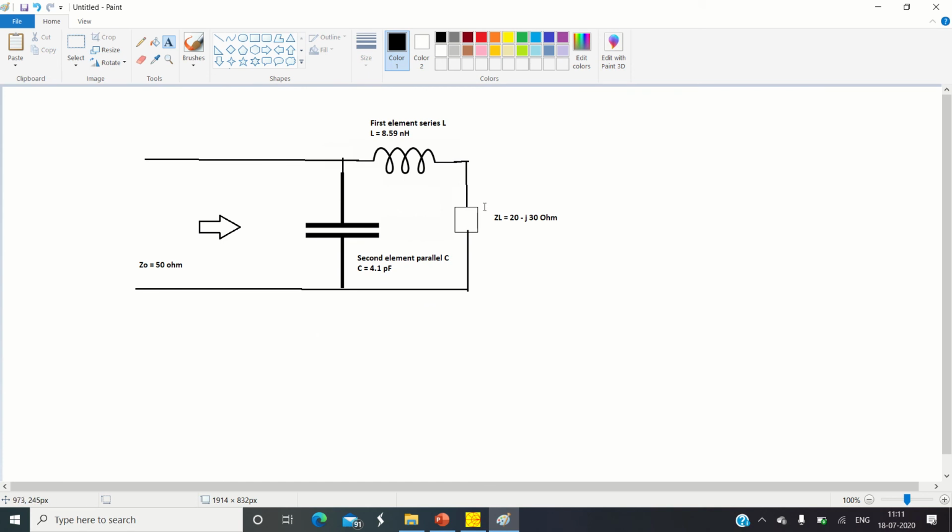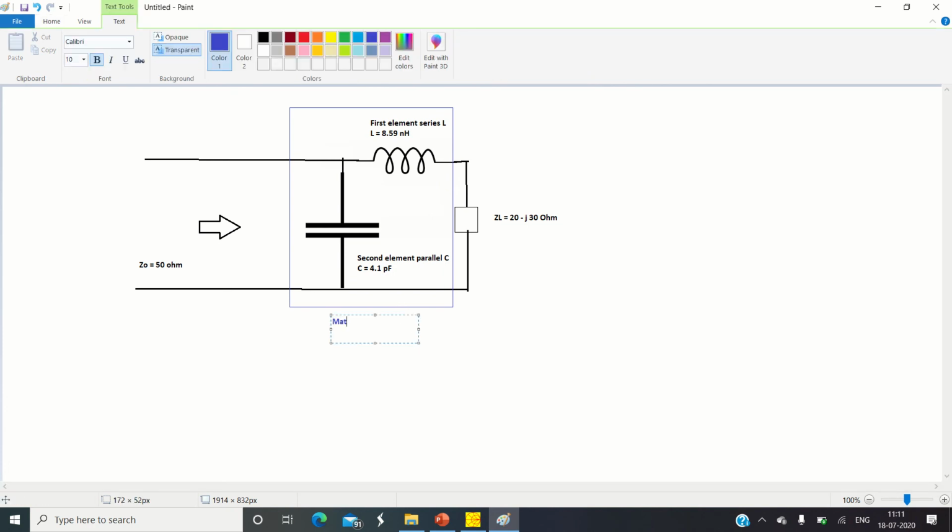So please remember over here that the given value of complex load impedance is now matched with this transmission line of characteristic impedance 50 ohm, so that on the left hand side it is matched with the generator. And the matching circuit is this matching circuit, which consists of series inductor and parallel capacitor. Okay, so here I will draw a box and denote that with some different color, and this box is nothing but your matching circuit. So here this blue box indicates matching LC circuit.